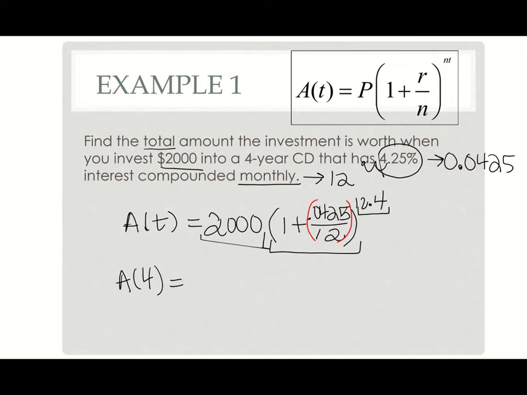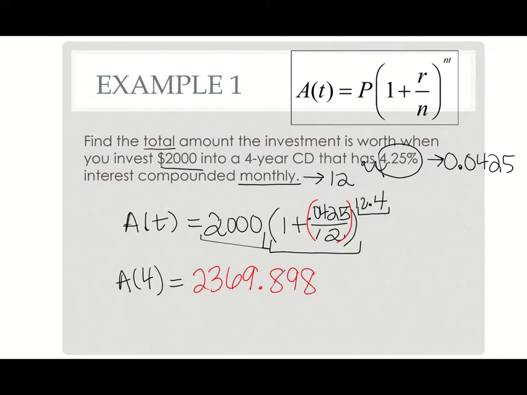Close that inside parentheses and the outside parentheses. So I'll have two parentheses. And I'm going to raise this to 12 times 4. So I have 2,369.898